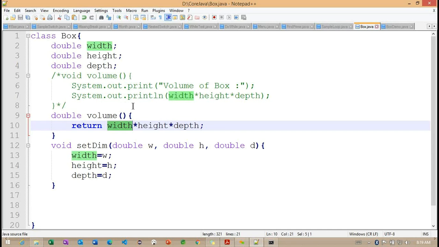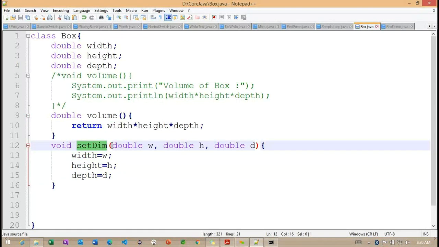Wherever the memory is allocated, from the same memory it's going to load this object. For this void method, the static memory is available for these three variables here.